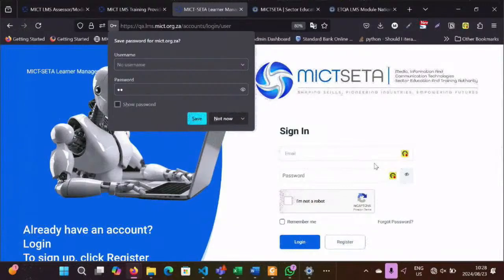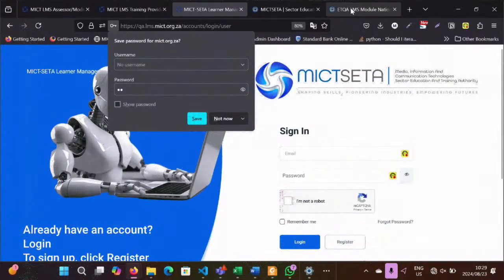Okay? So the second way of getting onto the system, and I think most of you will use this because you are accredited assessors, I believe. So we probably already have most of your information in the system. So you don't have to register again. When you register again, you'll need to go through the whole accreditation process. But when you use this next link that I'm going to show you, then you won't need to go through the accreditation. As long as your accreditation is still valid, then it will just be put onto your name. Is that fine? All right.